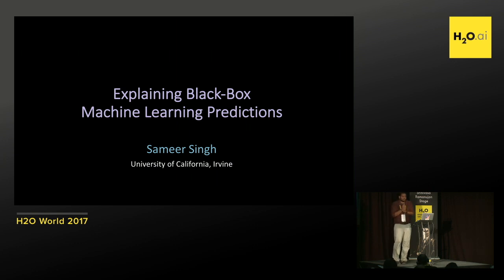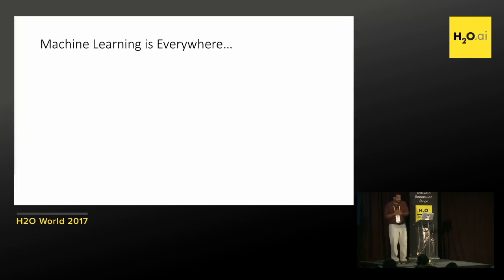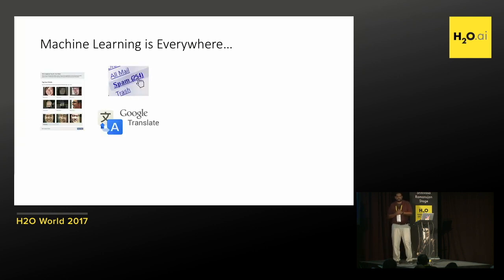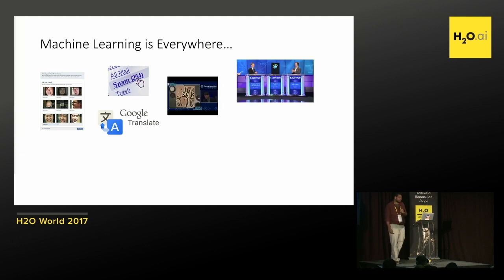Okay. So my first slide is sort of obligatory. Everyone kind of knows machine learning is everywhere. It started off being somewhere out in the cloud that you didn't really know was happening. Email would just go to spam and you didn't care. But in the last maybe five to a decade, it's become very public, in terms of people talking about machine learning, on Jeopardy, AlphaGo, all of these examples.